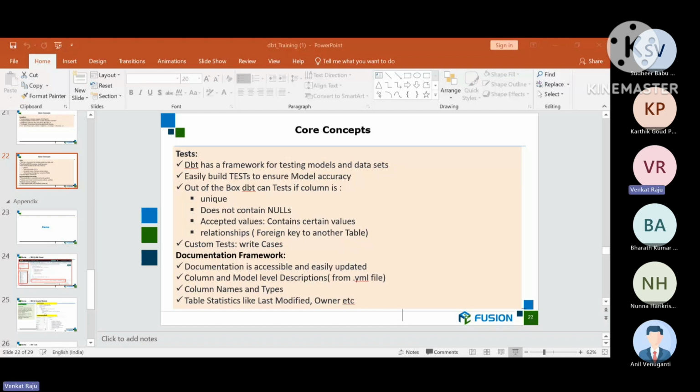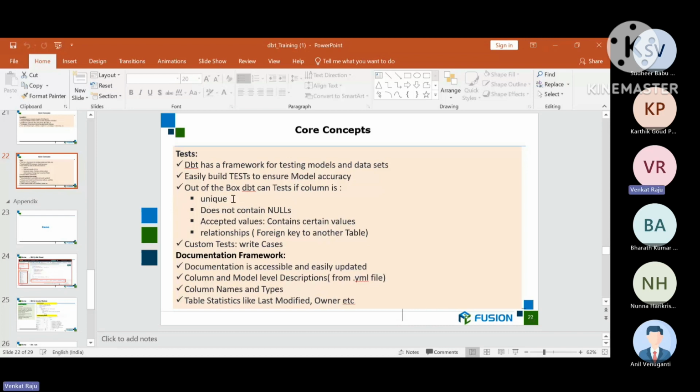If you don't have this feature in Snowflake and want to do it, maybe we need to depend on other tools, such as data quality tools. Even nowadays AWS Glue also provides some data quality related testing. So tests are not restricted to only data quality, they can be anything. Out of the box, DBT will provide